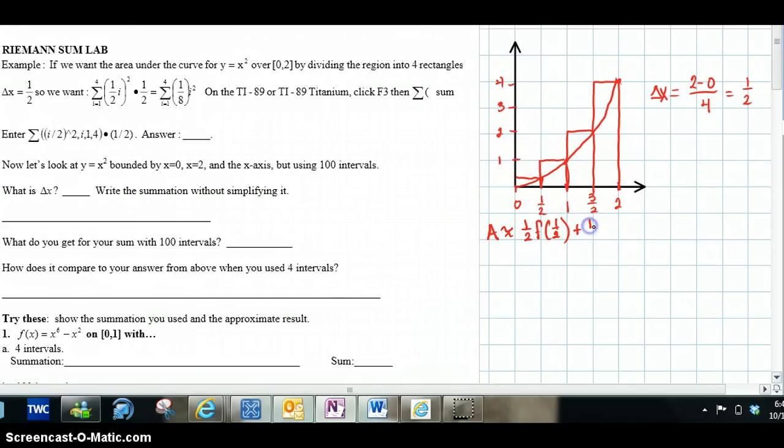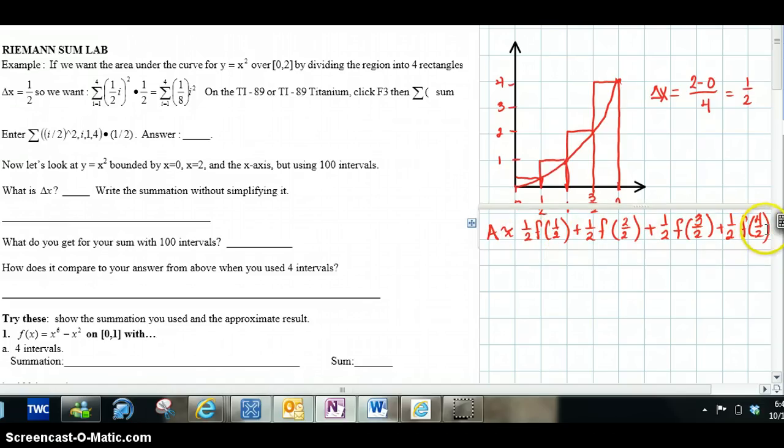The second rectangle, its width is 1/2. The height is f of 2/2, or 1. The third rectangle, its width is 1/2. Height is f of 3/2. And the fourth rectangle is 1/2 times f of 4/2. We can see that each of these has an area,